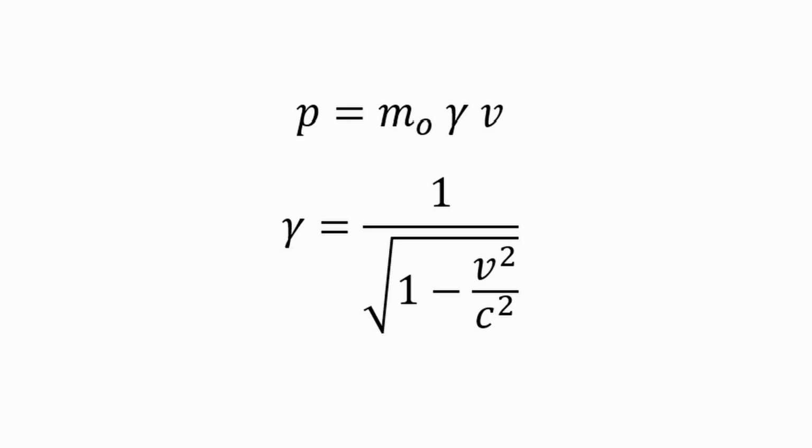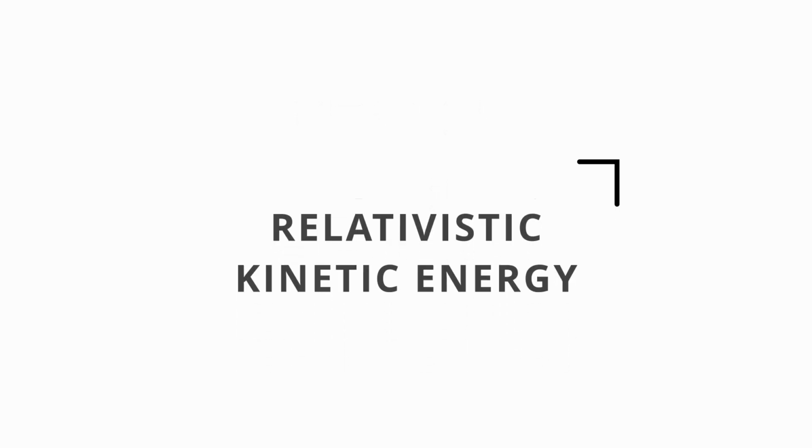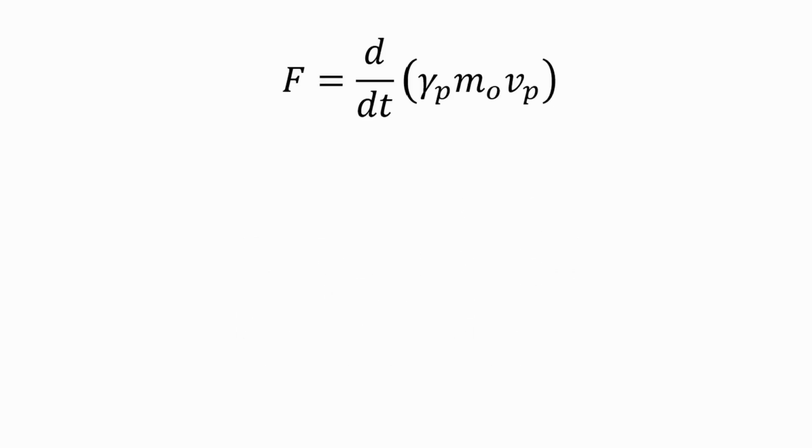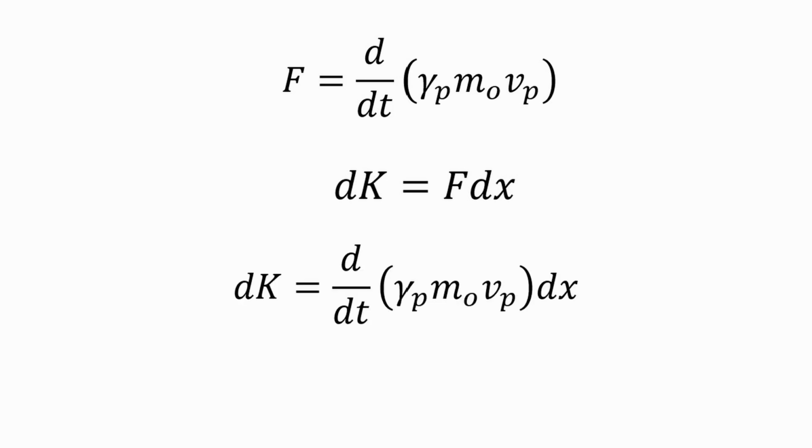More recently physicists have dropped the notion of relativistic mass, stating that the mass is always the rest mass, and the above equation is the correct expression for relativistic momentum. Force is defined as the rate of change of linear momentum with time. The work done by a force is equal to the change in kinetic energy. The change in kinetic energy can be written as